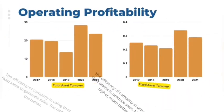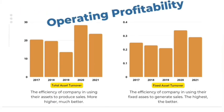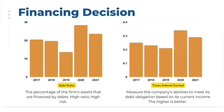For the total asset turnover and fixed asset turnover, it shows how the company is using their assets in generating sales. Therefore, the higher is better. Next question, how is your organization financing its assets? Based on the debt ratio and times interest earned graph, Sapura Energy finances its assets using debt more than the